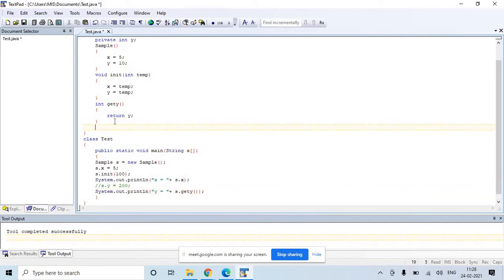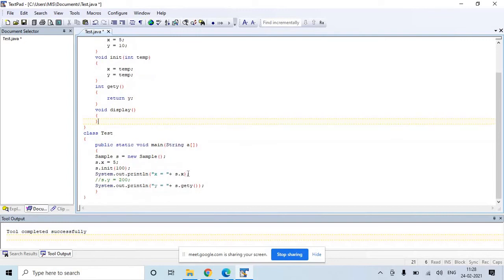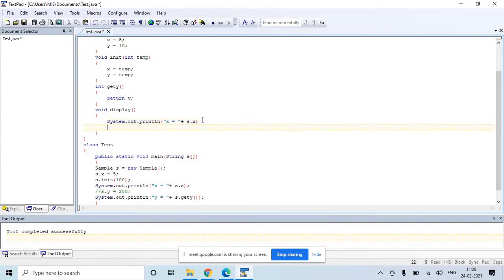Let's say you want to write one display function here, void display. This display can print with system.out.println x and y. You will print x is equal to plus x, and y is equal to plus y.